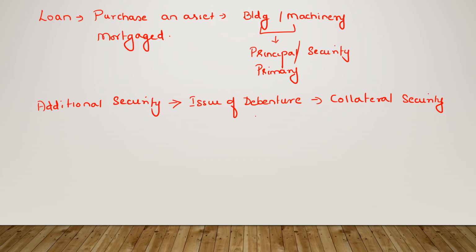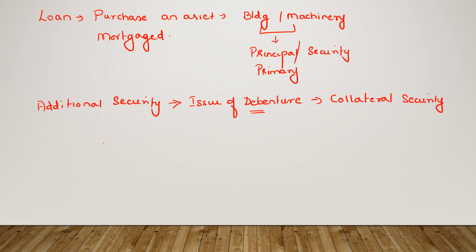Now, a very important point about such debentures which are issued as collateral security is they are going to be issued only when there is a default in the loan. Till the time, it is just specified that the debentures would be issued. In case there is a default, then only actually the debentures would get issued. Till then, it is just given in writing that as collateral or additional security, debentures are issued to the company.